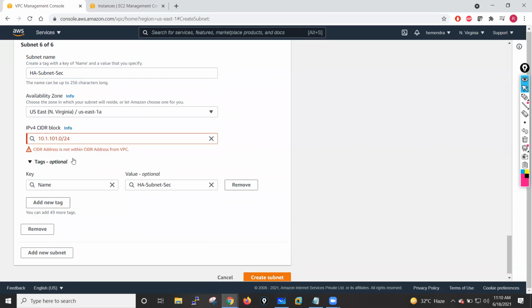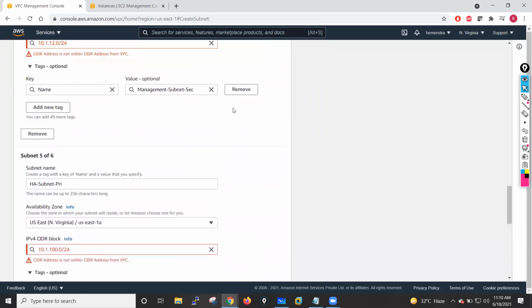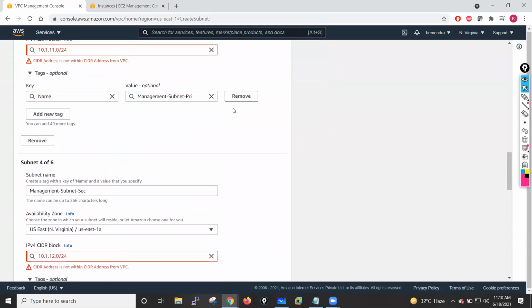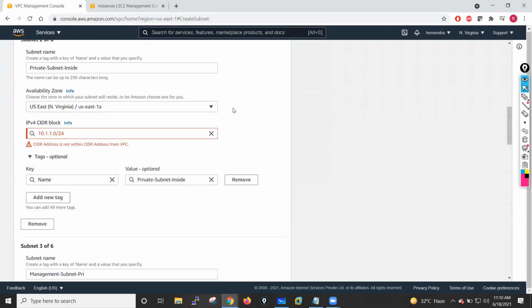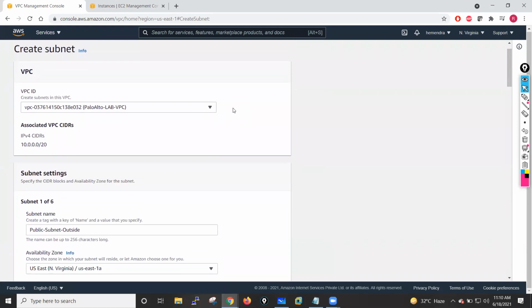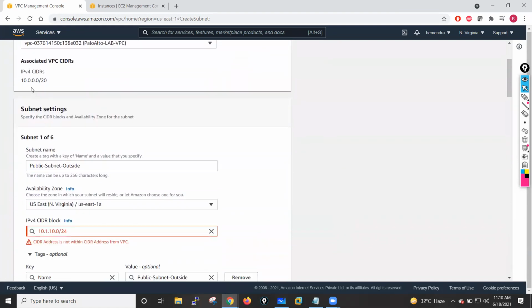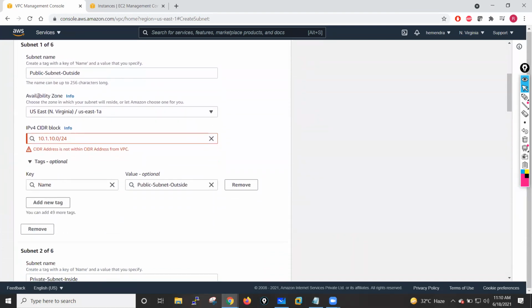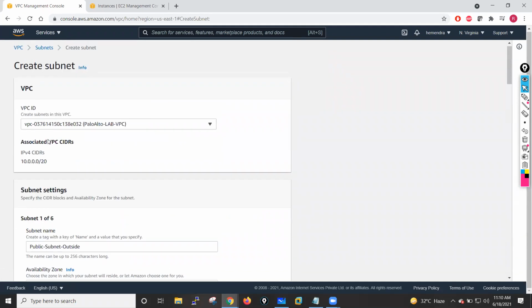CIDR range is not within the CIDR of this VPC. Okay. I think, one minute. Let me check. Okay, because I'm using this particular range. Okay. So that's why. So what I will do, instead of this one, what I can do,